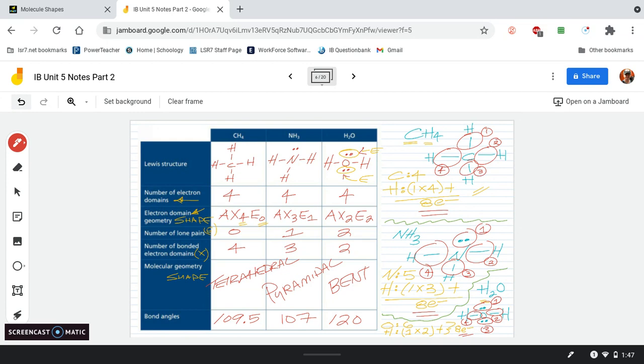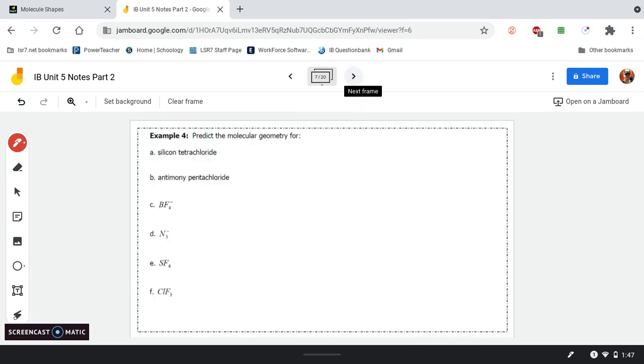and the E's. So if we go here, example 4, I want you to go ahead and pause the video. I'll work through all these with you, but I want you to figure out what these are. So when this says molecular geometry, it is asking for the shape. So you need to find the A's, the X's, and the E's, and then tell me what shape would that be. All right, so that's what we're looking